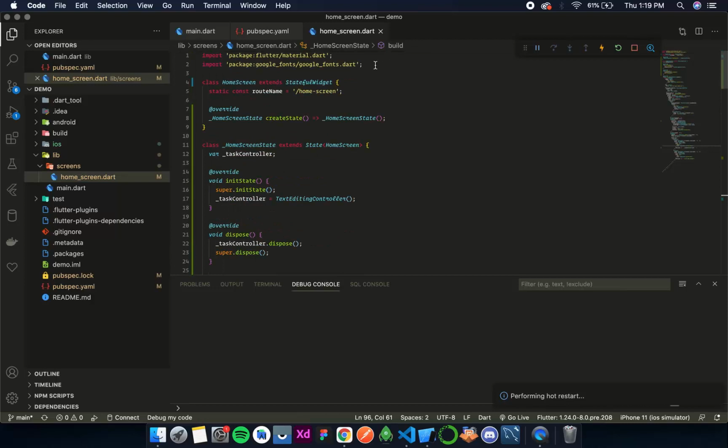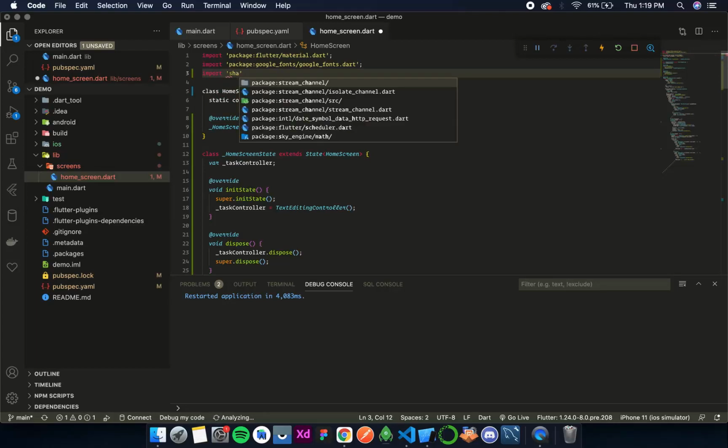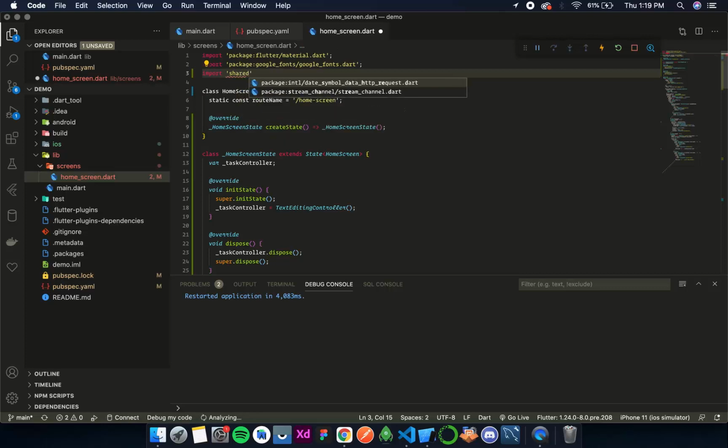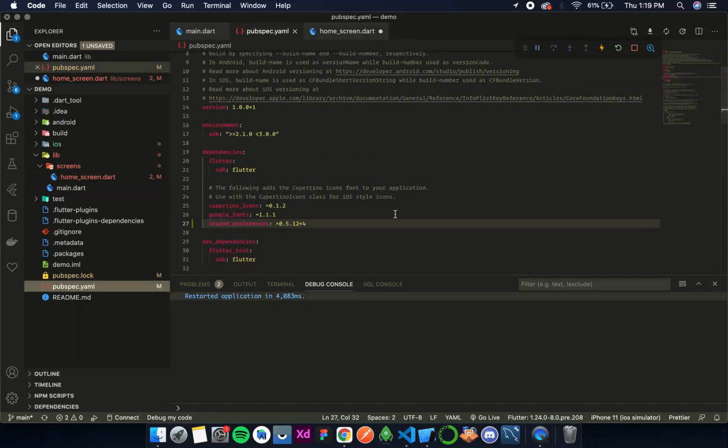For that, first we need to import the shared preferences. So simply over here I'll write import shared preferences, and you can see it is not showing in the options. That means there was some error in this pub get.